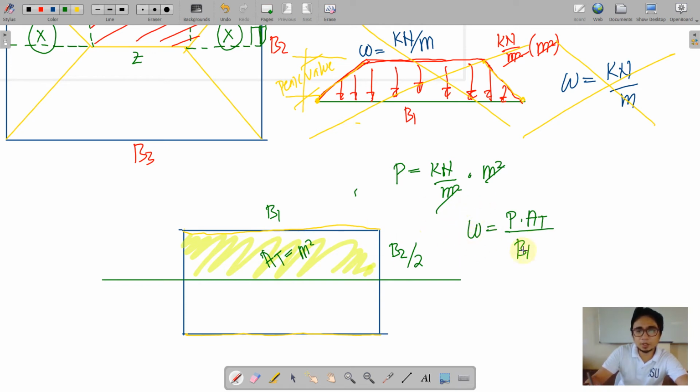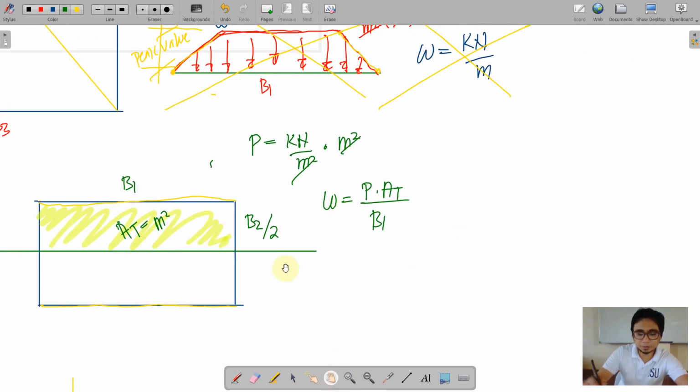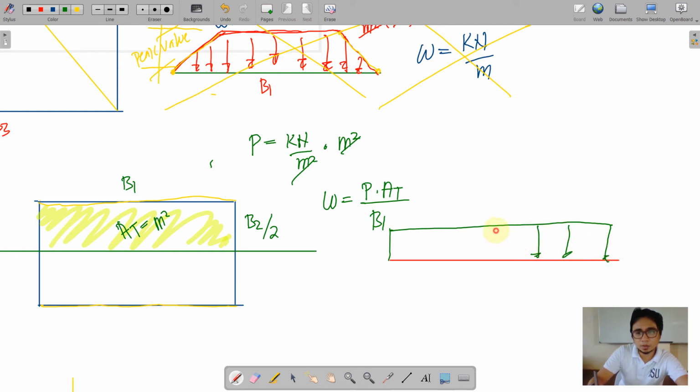So this is equal, if we are going to look at the distribution of B1, assuming that we have a one-way slab, we have here a uniformly distributed load for a one-way slab. So we obtain this peak value here. Okay,